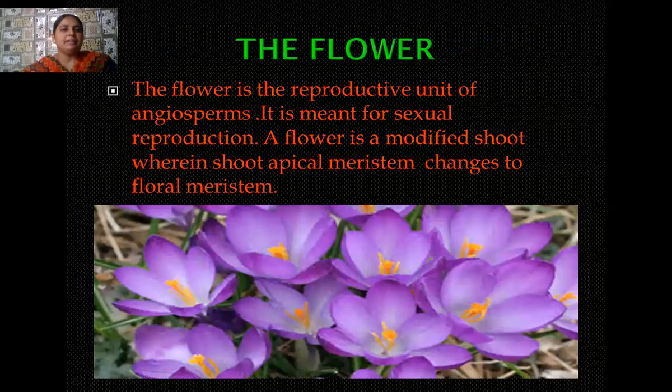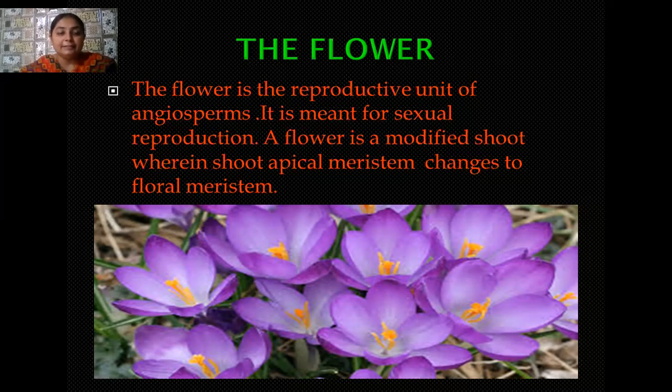Okay, students, now I am taking the main topic, that is flower. All of you know very well that sexual reproduction is the characteristic feature of all angiosperms or flowering plants. So how do you know that this is the time period when the angiosperm has to reproduce? Whenever a flower appears on the branch of that particular plant, or you can say tree, then that is the initiation of the reproductive phase and the end of the vegetative phase.